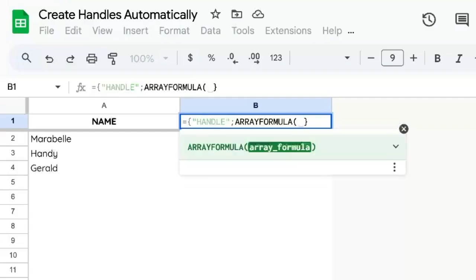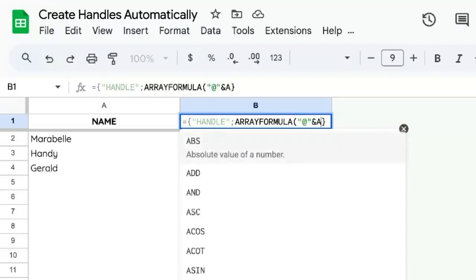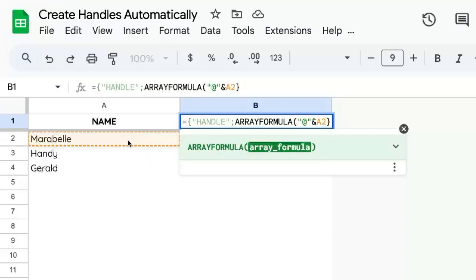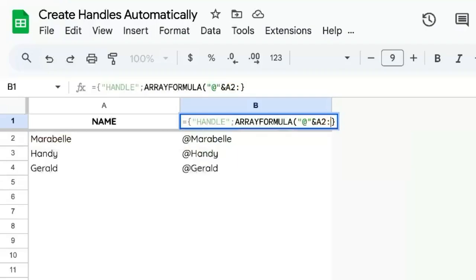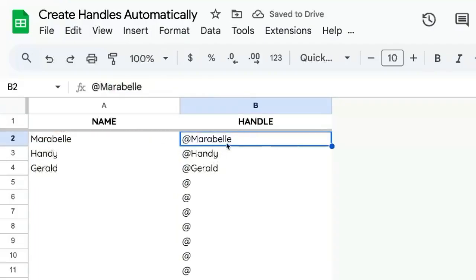ARRAYFORMULA lets us use a formula over an entire array, and each one of those cells is going to have the same thing. So we're going to type in quotes, the @ symbol, and then an ampersand, and A2, because that's the very first cell here. And the entire range of cells we want to work on is A2:A. We're going to end the ARRAYFORMULA here, and we find if we just did that, we have a bunch